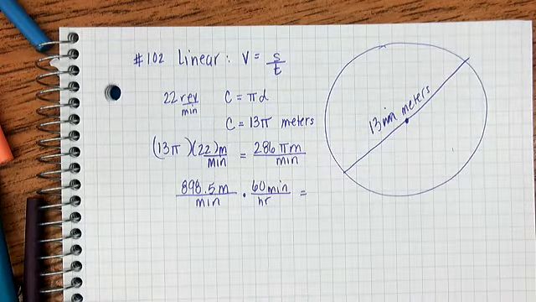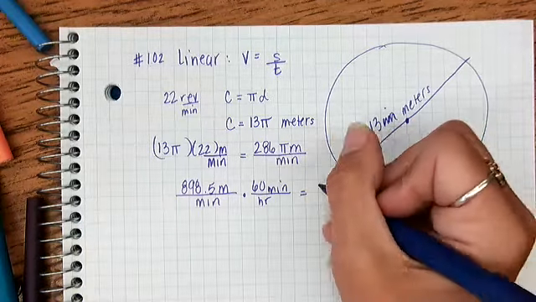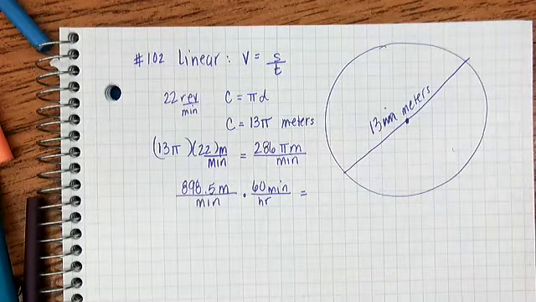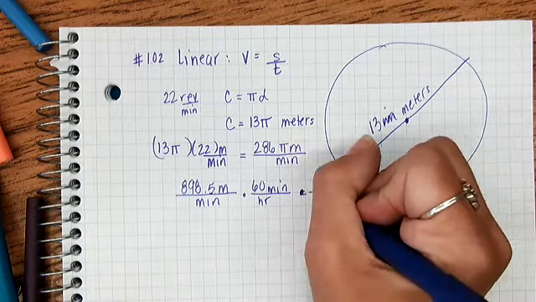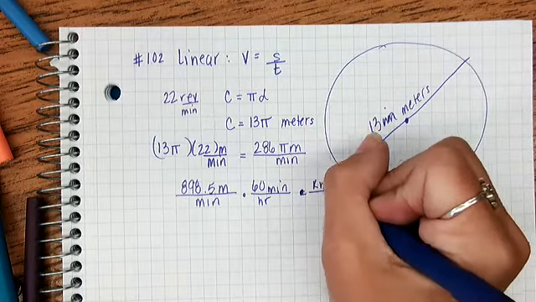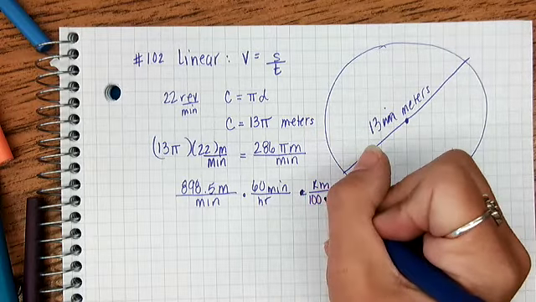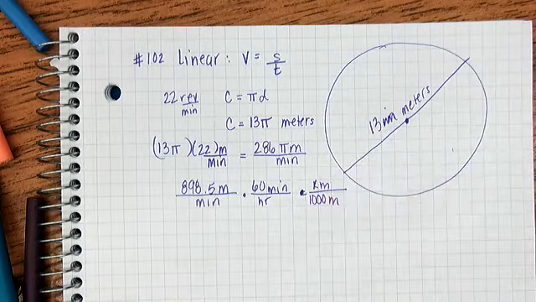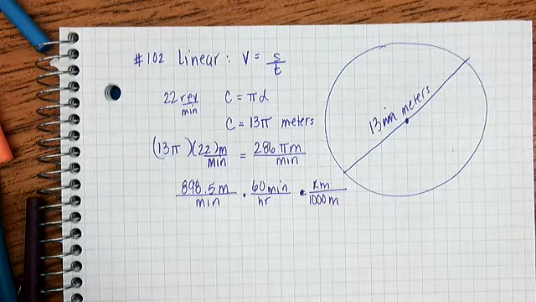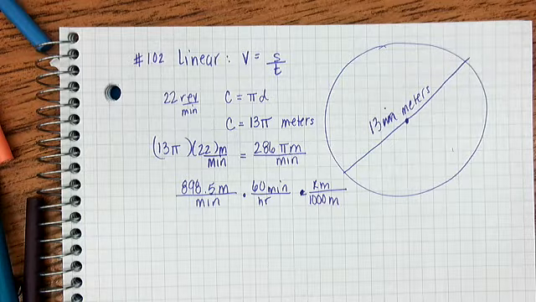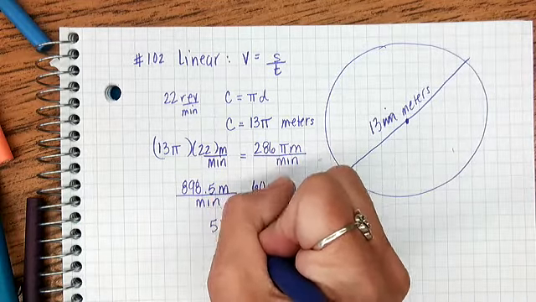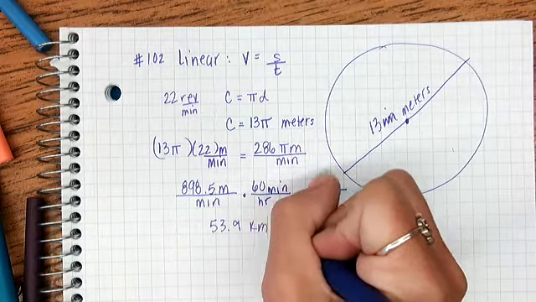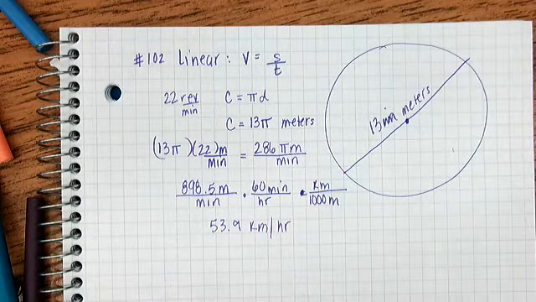Times 60. Oh, no, and you know what? Let's take care of the meters at the same time. 1 kilometer is 1,000 meters. Let's just take care of the whole thing at once. Multiply that whole thing out and you get 53.9 kilometers per hour,